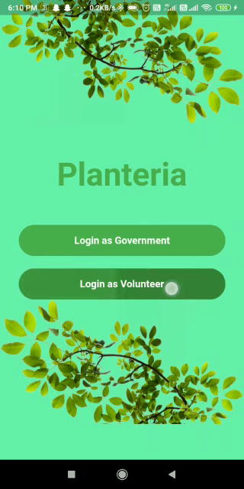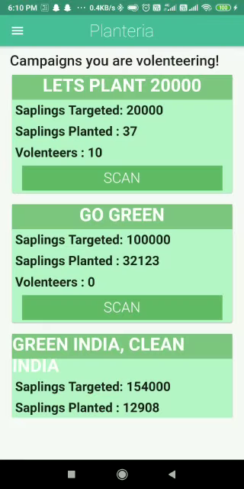Next, from the volunteers' end, they can open this page and see the campaigns they are volunteering for, and we can see the targeted saplings, saplings planted, and the volunteers assigned for the same.